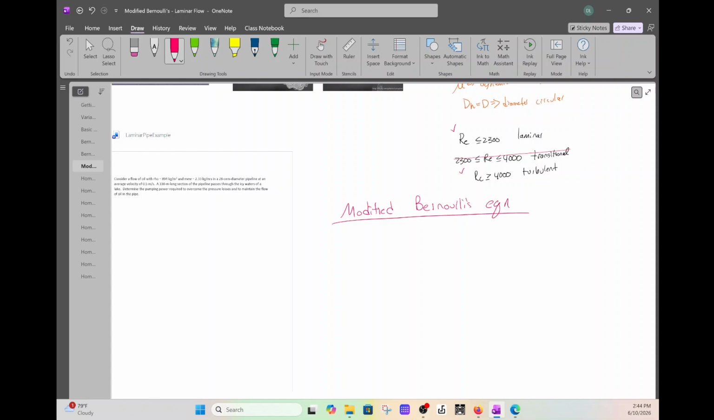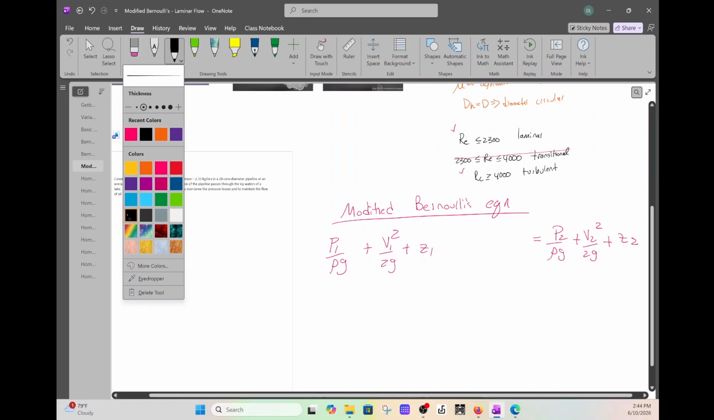All right, so I'm going to write the Bernoulli's. So P1 over rho G. I'm going to write each term in terms of head. V1 squared over 2G plus Z1. And then I'm going to leave a space, and then I'm going to put this over here. P2 over rho G plus V2 squared over 2G plus Z2. I'm doing that on purpose